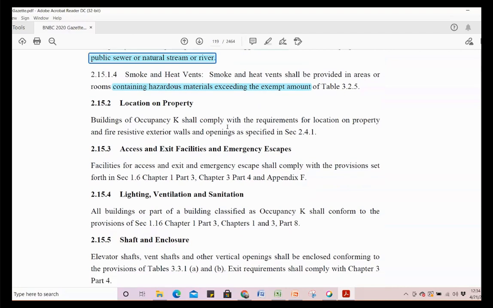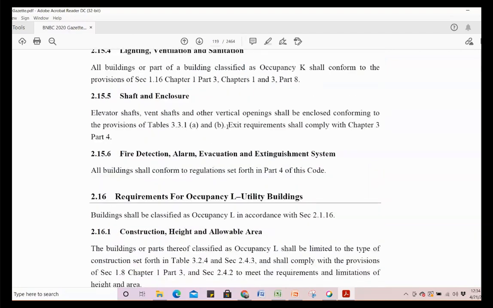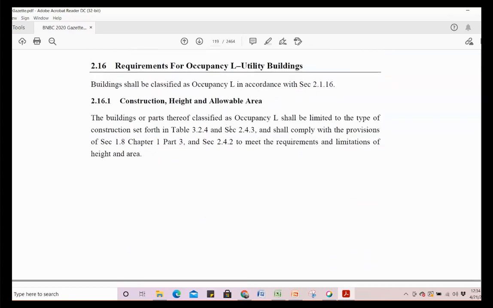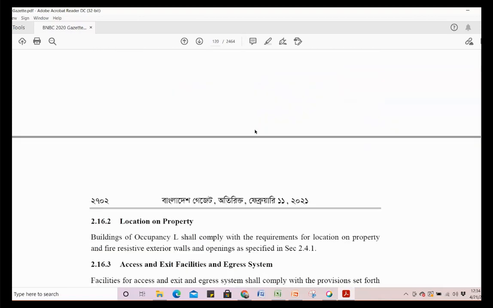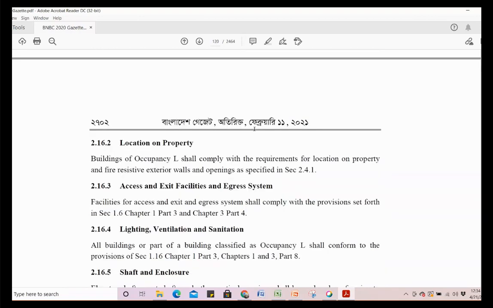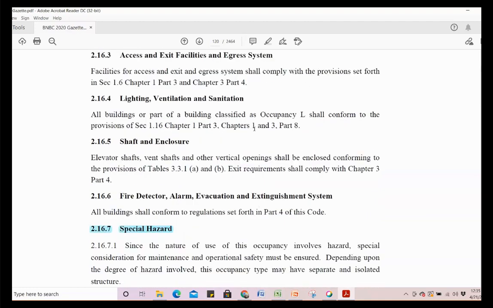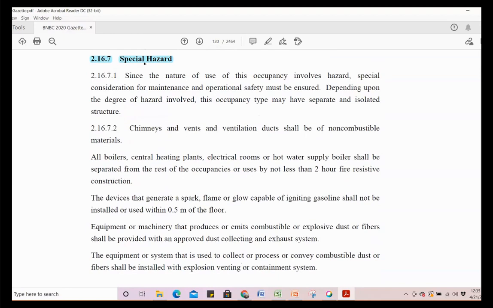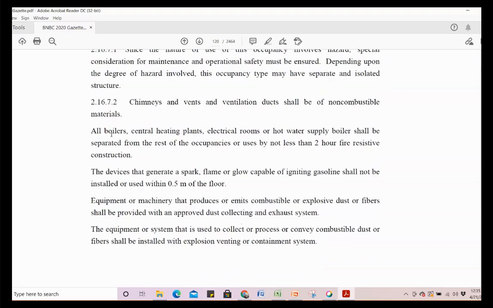The other things are like common references for this particular occupancy. Occupancy L, as we know, can be considered as non-separable occupancy or occupancy with special measures. It has all the similar things like other occupancies, but a few special features which we have already covered in other areas, like when chimney vents and ventilation ducts are there, they have to be of non-combustible materials, like boilers,